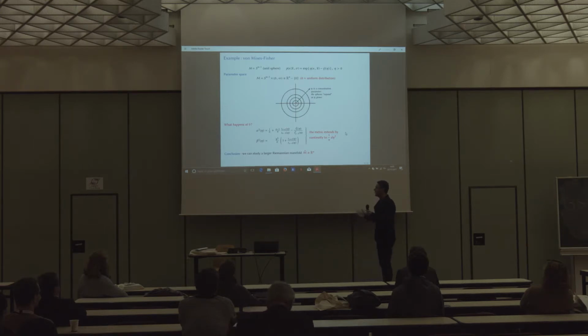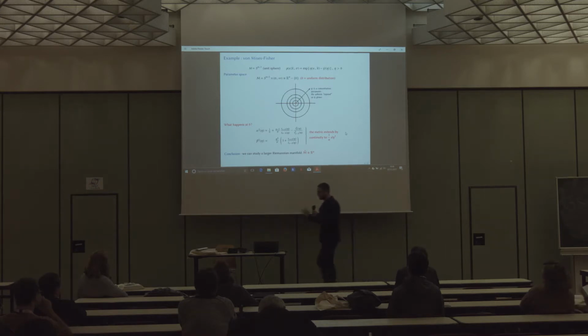So back to the question of what happens at 0, the coefficients of the metric, which we can find from our theorem, are given by modified Bessel functions. And if we take their limit at eta equals 0, we see the limit value of the metric does not depend on the direction along which we converge to the origin. And this means the metric extends by continuity and even extends smoothly to the origin. And in conclusion, we have a bigger Riemannian manifold, which I call M hat. This is the whole of Rn, with the origin included, and equipped with the information metric.